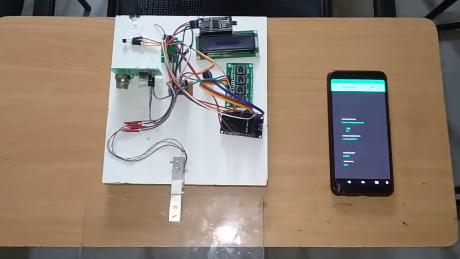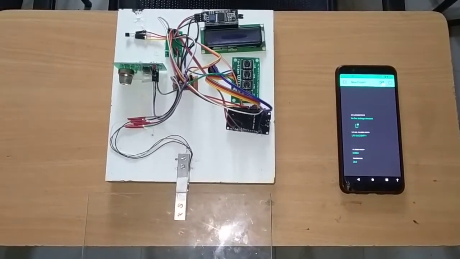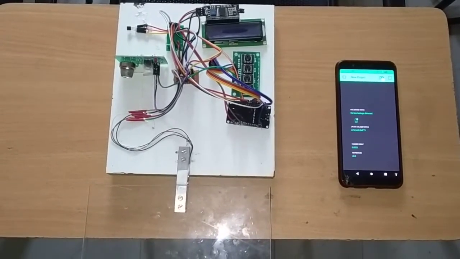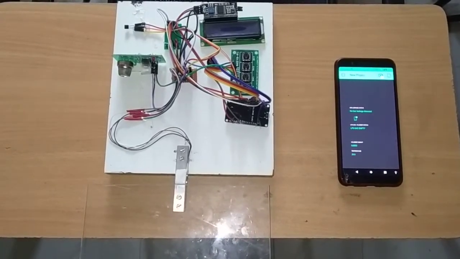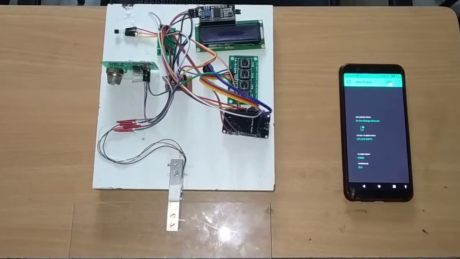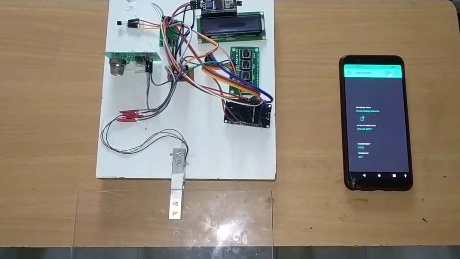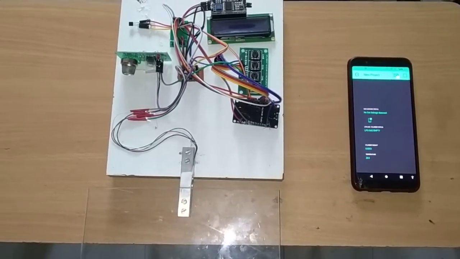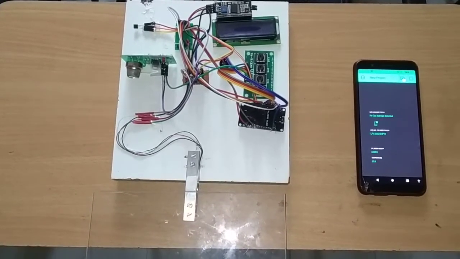Today in this section I am going to explain the project LPG gas leakage detection and booking system. In this project, mainly we are going to detect the LPG gas, whether any gas leakage is there or not. Also we are going to check whether the LPG gas cylinder is empty or not. That status we can check, and what is the current weight of that cylinder we can check here. Similarly, if there is any gas leakage, we are going to send a notification in the